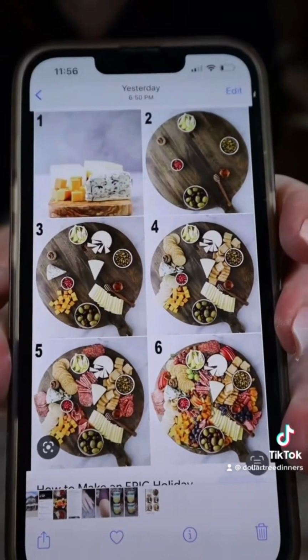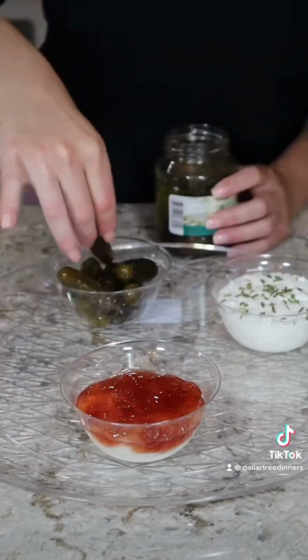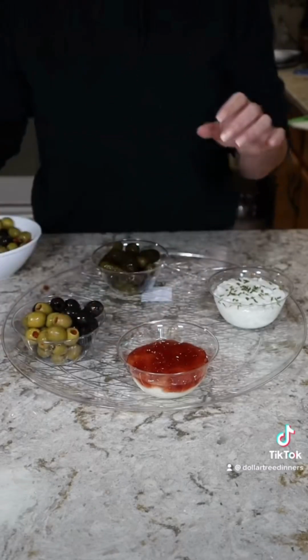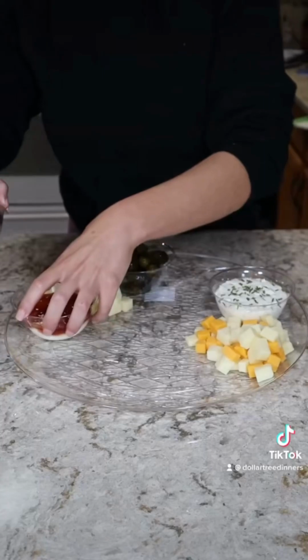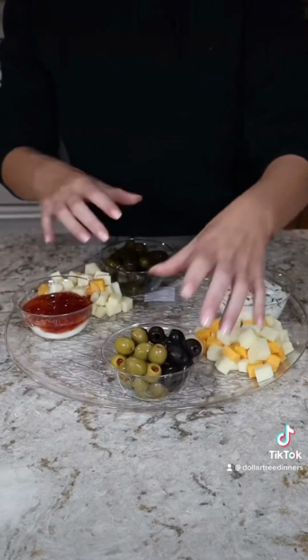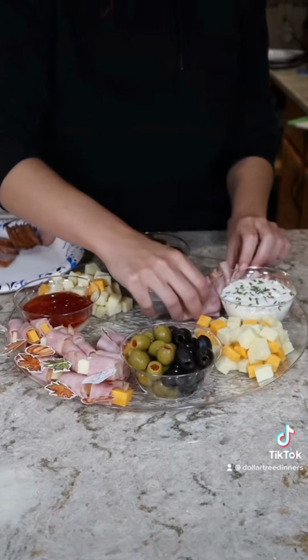I'm using this as a guide for how to assemble the charcuterie board, so I started by putting down my sauces, followed by bowls of pickles and olives. Then I arranged my cheese in 2 piles on the platter. I ended up swapping my strawberry and olive bowls just for balance. I made a home for the meat and cheese skewers, and then I added my deli meat and summer sausage,